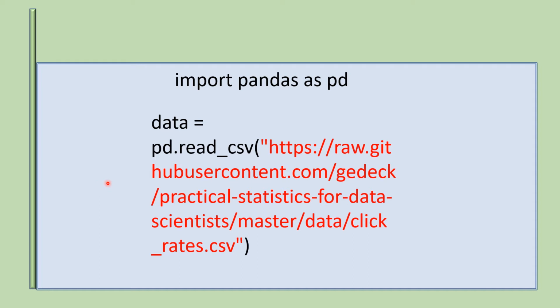For this exercise we are not constructing data ourselves, rather we are taking it from a URL. Again, importing pandas is necessary and the file is present in CSV form, hence we are writing read_csv, and within parentheses you can see .csv is written. It's a raw data file that is present within a GitHub repository, and this is how we can fetch it. Just for this example's sake, I'll be putting the link in the description. You may please go and take the link from there.